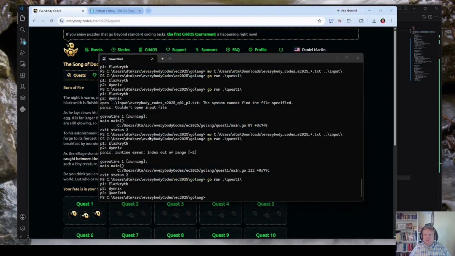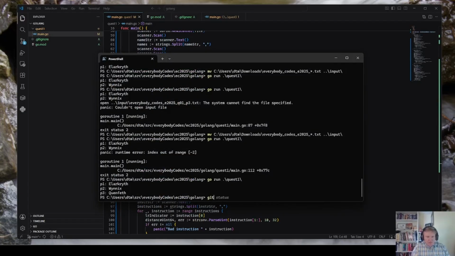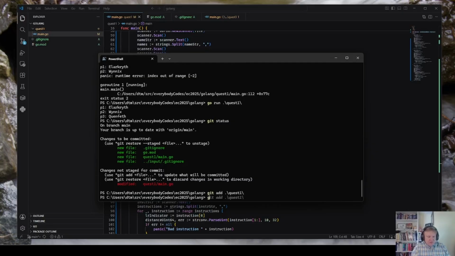Okay, so before I start quest 2, let's get my framework set. Git add quest 1. Okay. Git commit -m E2025 Q01.